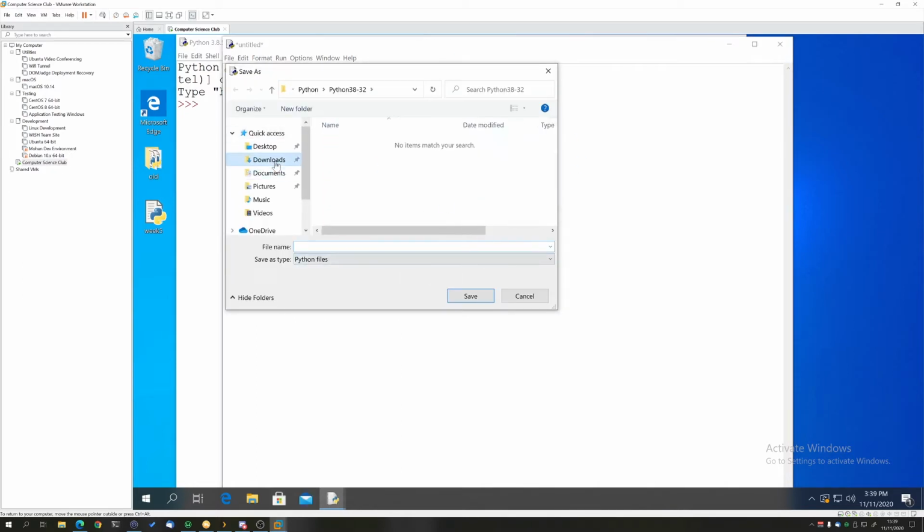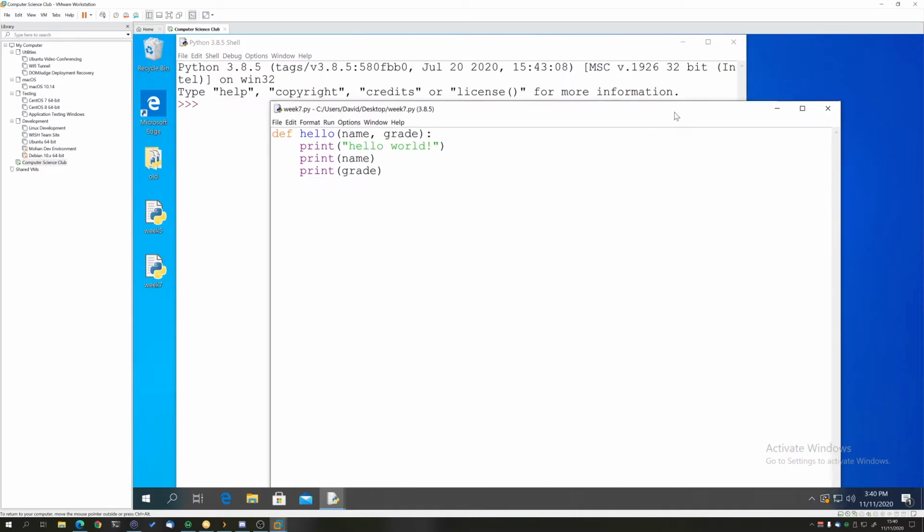Now, what's important to note here is that Python's pretty cool in the fact that it has something called first-class functions. So what that means is that functions are basically like any other variable here. So you can assign functions, you can return functions, and anything you could think of doing with a variable, you can also do with a function. So for example, I can create a dictionary of functions.